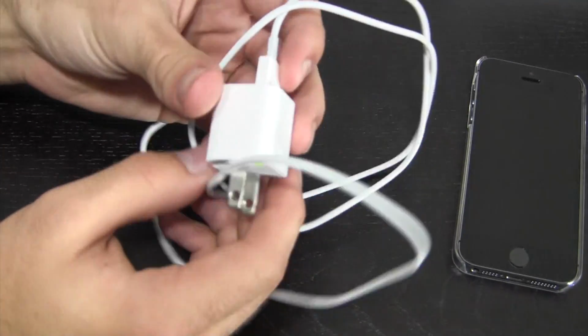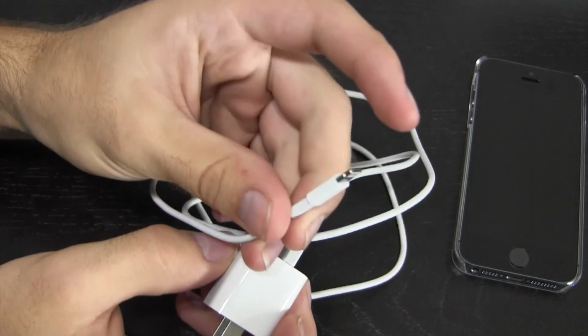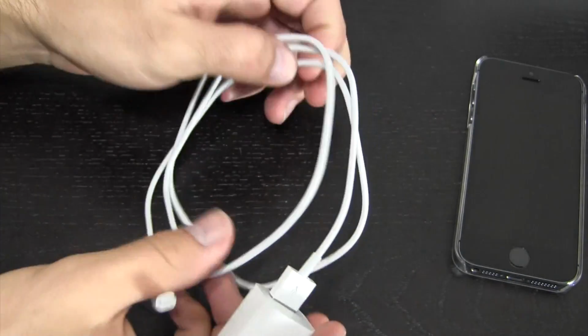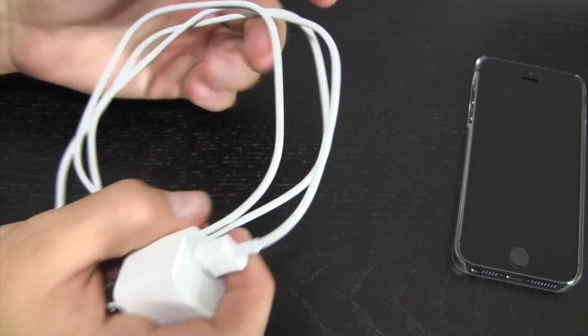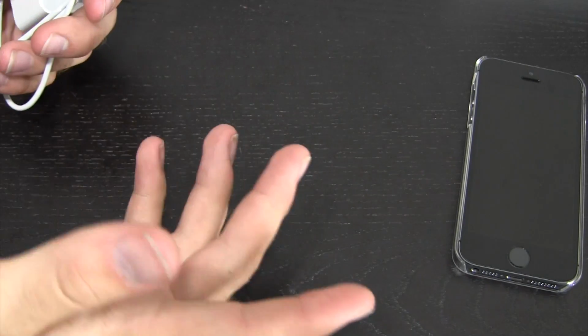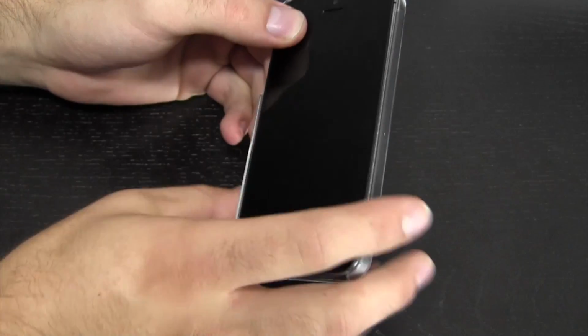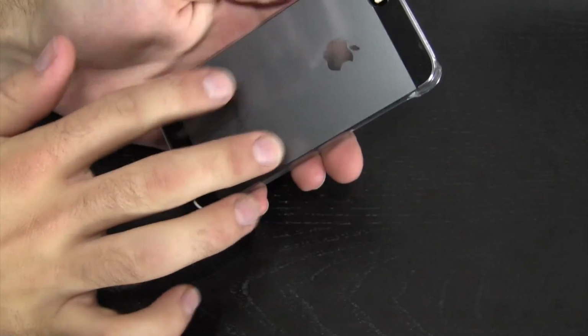But also, of course, you get the charger, just the 1 amp brick here, and of course the Lightning cable. And I actually did pick up a 30-pin to Lightning adapter just for the purpose of my alarm clock. You could plug your iPhone in, it plays music, wakes you up, and that's not Lightning, so I got one of those. But right now I have the iPhone 5s itself in a really cheap $3 eBay case,